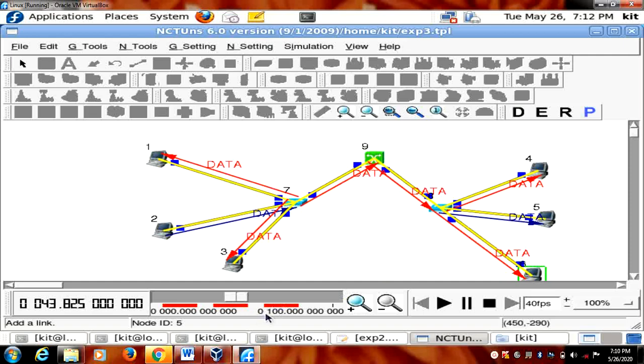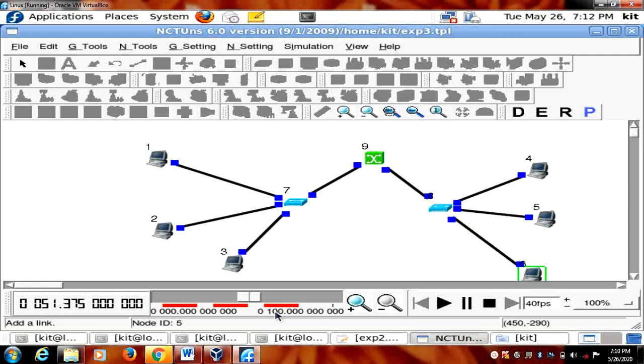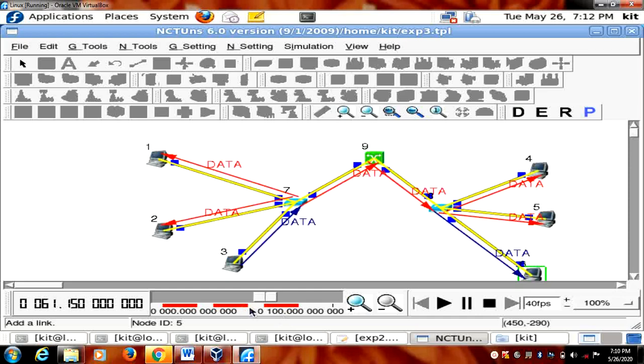Again you will get a gap here, because at that time slot I am not sending any data. You have to observe this. See, now you have the blue line across 3 as well as 6 and the remaining are all in red. Like this you have to verify the data.